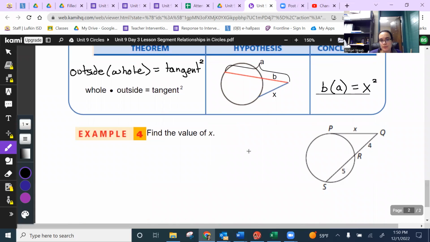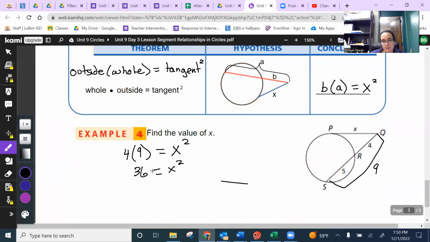Our next one uses that theorem. So we have the outside, which is 4, times our whole length, which is 9 for our secant segment, equaling our tangent segment squared, x squared. 4 times 9 is 36, equals x squared. Remember, to get rid of the square, you take the square root. So we've got 6 equaling